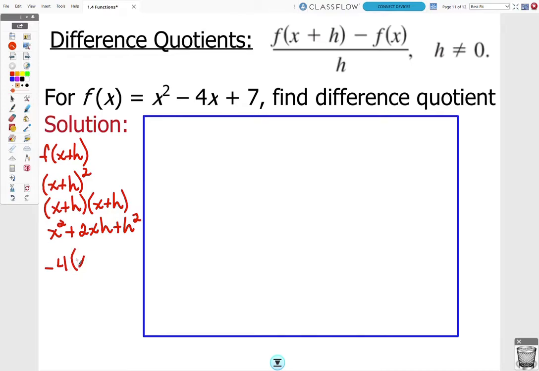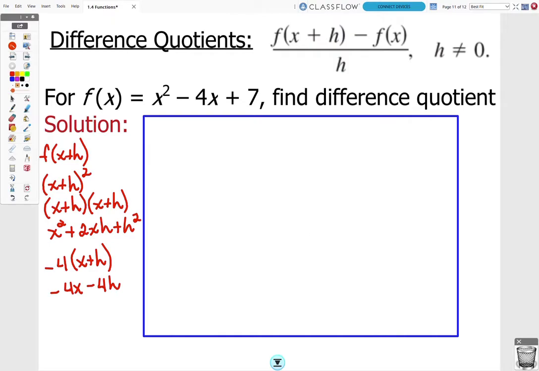Instead of x, I'm going to say x plus h. There's a reason why I'm doing this. I'll show you in a minute. This becomes negative 4x minus 4h. And then the plus 7 I don't have to do anything for. But look at what happens here. I'm supposed to say f of x plus h, which is all of this, and then subtract f of x